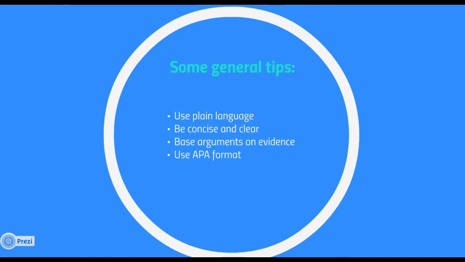Let's close with some general tips for good psychology writing in any type of paper. You should write in plain, concise, and clear language. Psychology writing is formal, scientific, and focused on empirical evidence. This means your arguments must result from a consideration of the evidence, not from examples, narratives, or opinions. This is not the place to tell stories, inject humor, or employ creative literary devices.